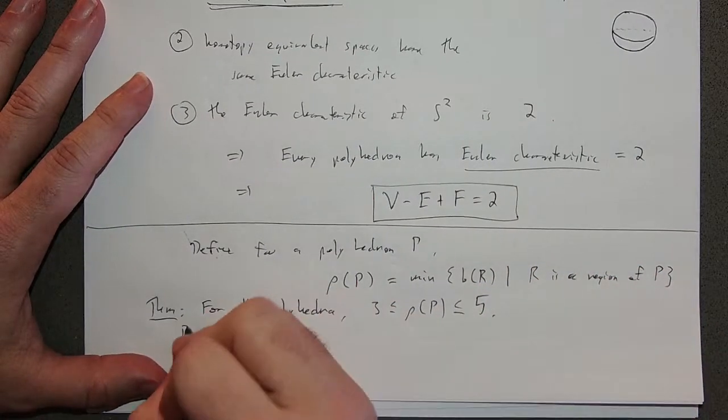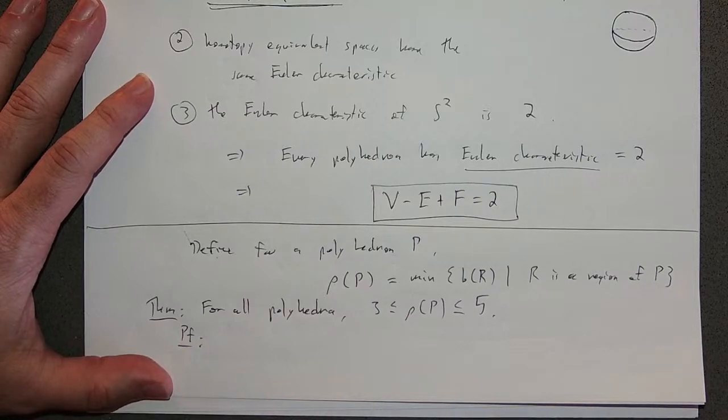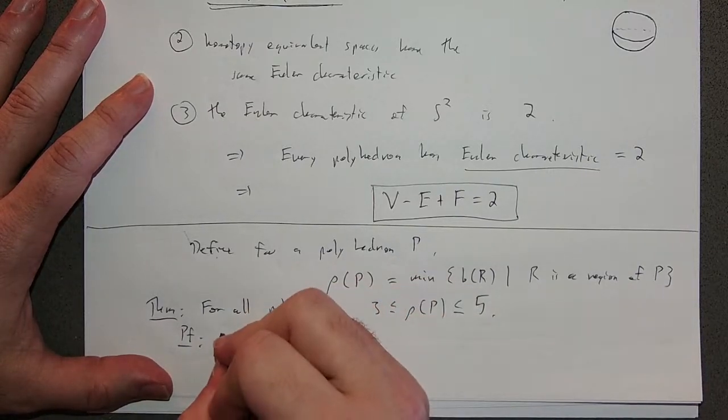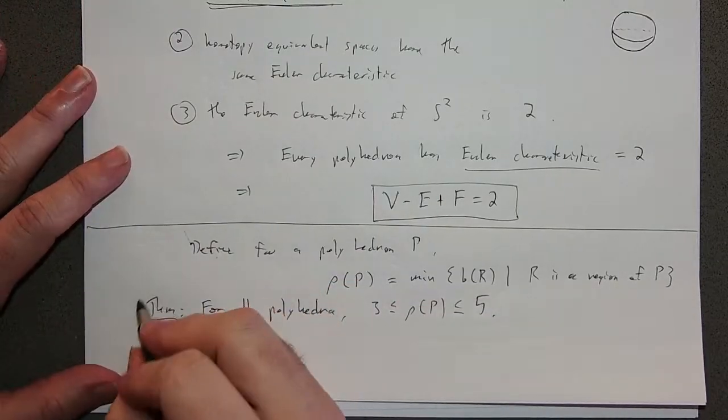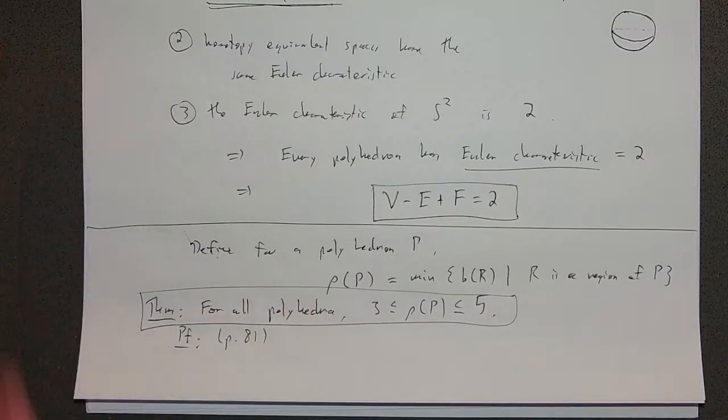I'm not going to do this proof. It's not that long, just a couple paragraphs on page 81. But for polyhedra, this number is very restricted. This is massively restrictive on what this could be. If you're trying to make a polyhedron with faces that have a lot of edges, well, it's not really feasible, right? So this is part of what restricts the following, which is a